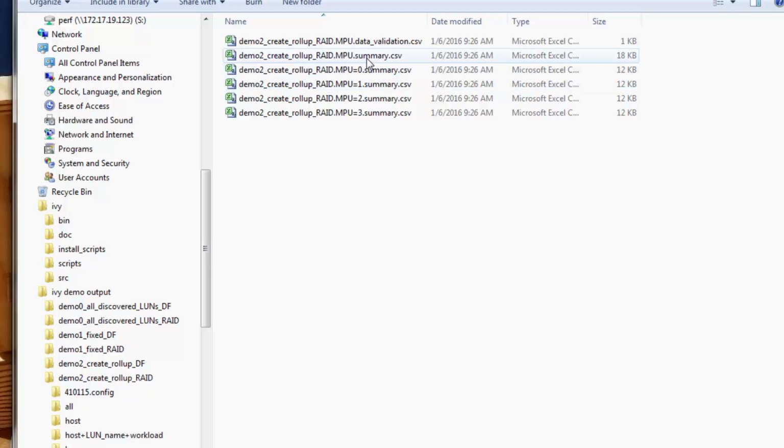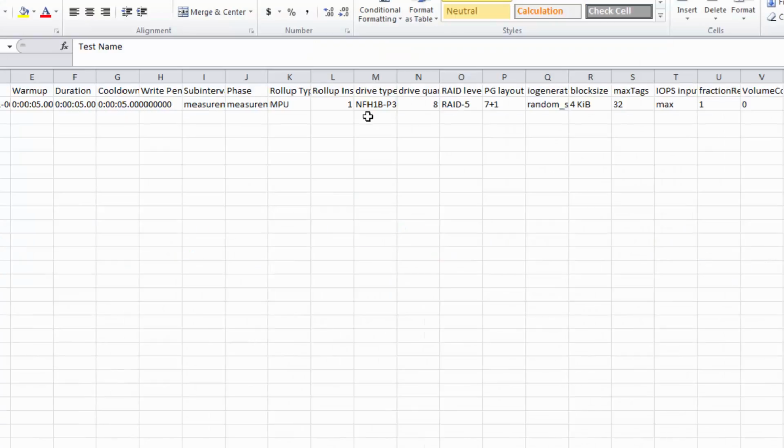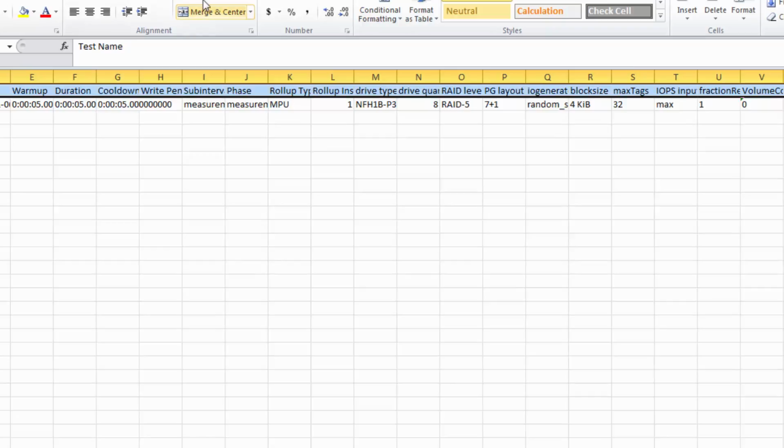But you also get an overall rollup CSV file that contains the lines in each of the individual ones. So in the summary.csv file here for the MPU rollup, you get 4 lines for every test step, which are the 4 lines that are in these CSV files. So let's go ahead and look at one of those. So if we look at this CSV file,